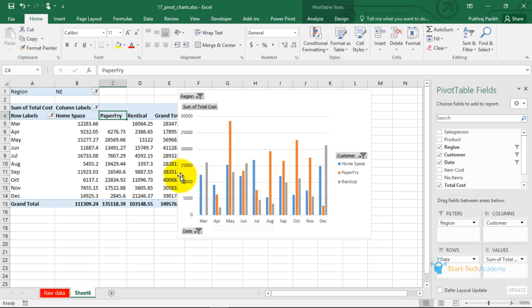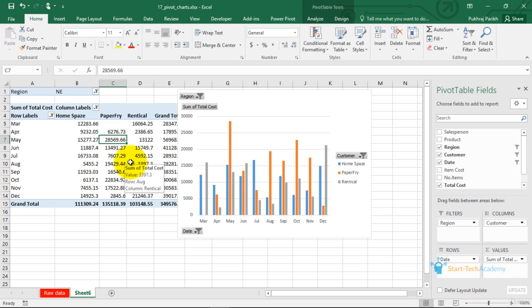So there is a two-way link between a pivot table and a pivot chart. However, if you delete this pivot table, it will not delete this chart. This chart has its own individual identity. It will still continue to exist with all these filter options still remaining.